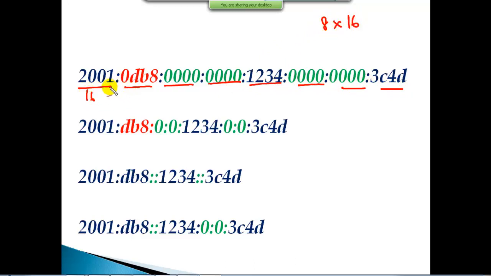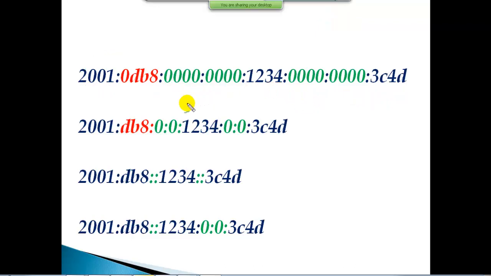Now which means here you can see this 2001 represents 16 bits. So in a similar way, each and every portion will have 16 bits, and each and every number you can see here represents 4 bits in terms of binary. So when I say binary, each number is going to represent 4 bits. So in total it will be 128 bits, you can see here. So this is how IPv6 has been classified.